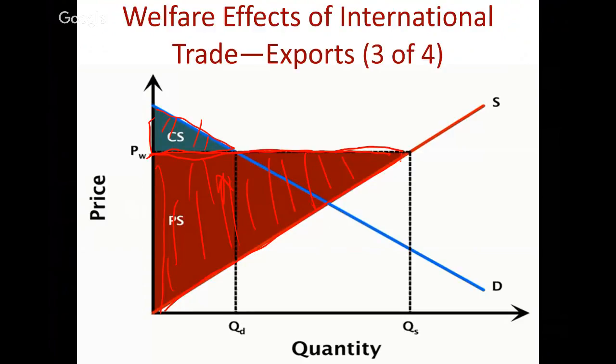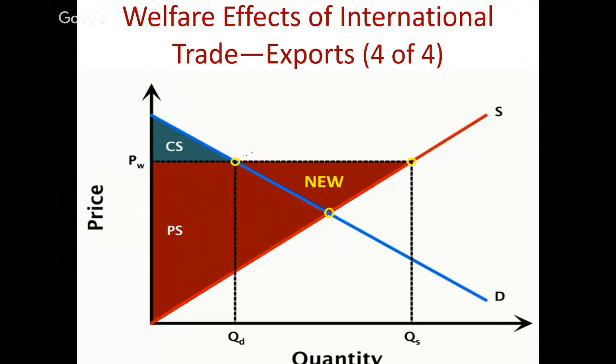I mean, it makes sense, right? When you export, your domestic consumers now must compete against foreign consumers because there will be somebody else who wants to buy the same apple, and the price for that good will go up. When the price goes higher, your domestic consumer is worse off. However, your domestic producers are much better off because now they can sell more goods to overseas countries, more demand for their good. So the overall,